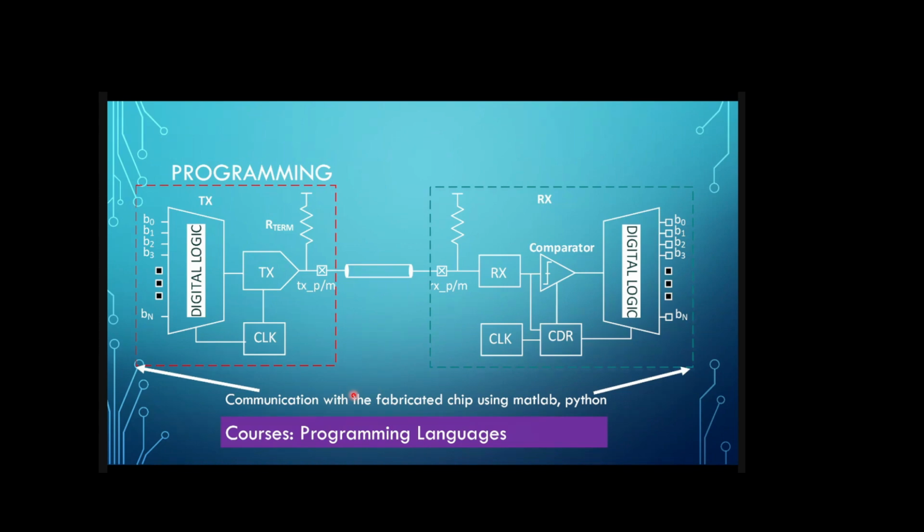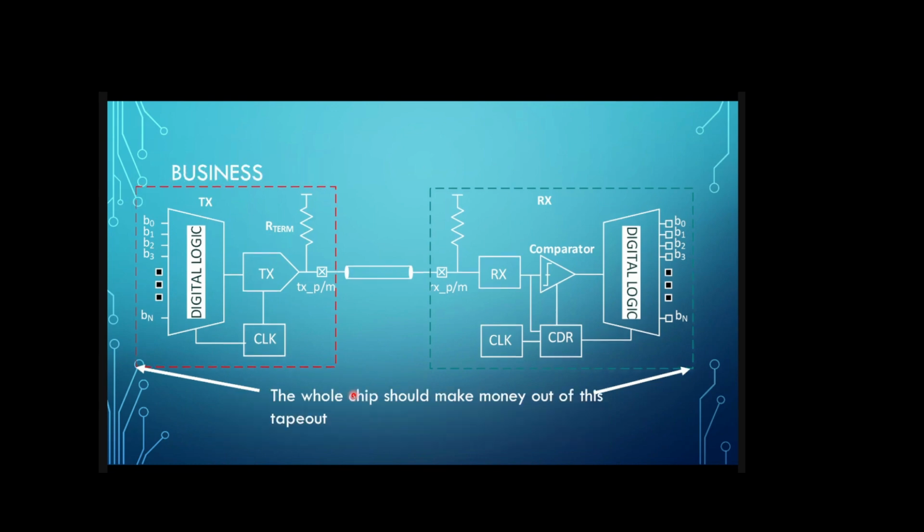Those people who have a better understanding of programming languages, C, Python, who are better than anybody else, they always have an advantage compared to pure analog circuit design or pure digital circuit design and so on and so forth. So you can understand that this encompasses almost all the languages.